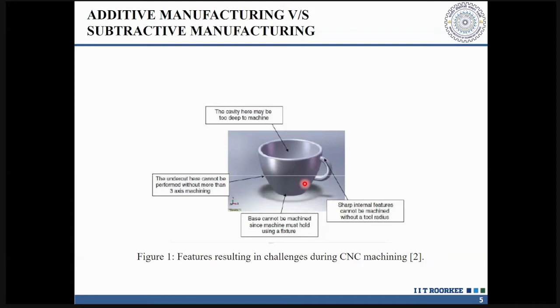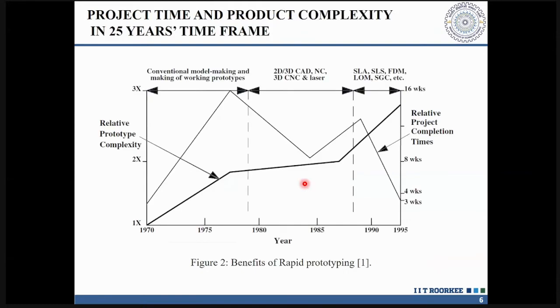Because of the numerous wastages involved with conventional subtractive manufacturing methods, all of that can be eradicated by using an additive manufacturing method. Fine. So it is not only the time, it is not only the cost, but it is also an important consideration that has to be kept in mind, which is why additive manufacturing should be used to manufacture this particular product. The idea of additive manufacturing came up in the beginning of '88, when this technique was evolving.